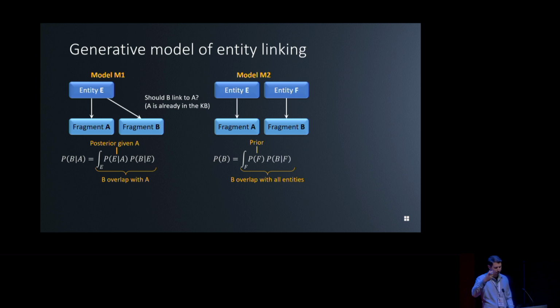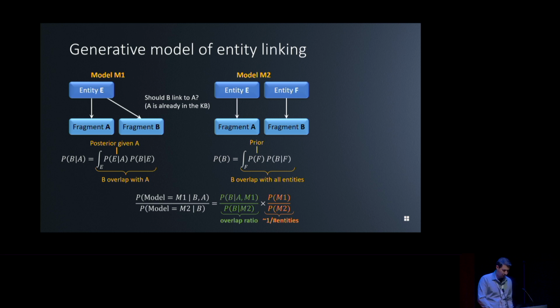You start from F, you take the prior of F, and then you go probability of B given F. Right, so then what happens is that we have to figure out now which one it is, so we have to compare them. This is done by taking the ratio, and this ratio decomposes very nicely into these two components. Now, the second one of these components is what would be, I guess, a parameter in the algorithm, but it's an interpretable parameter, right? It's basically the number of entities that you have.